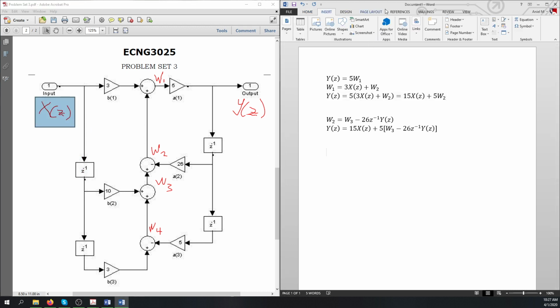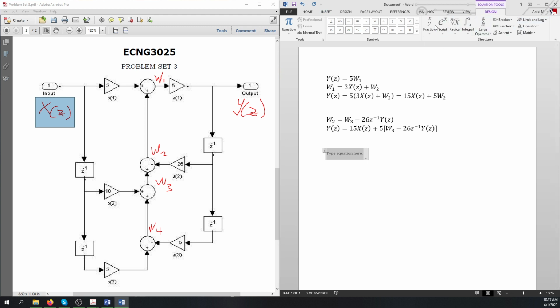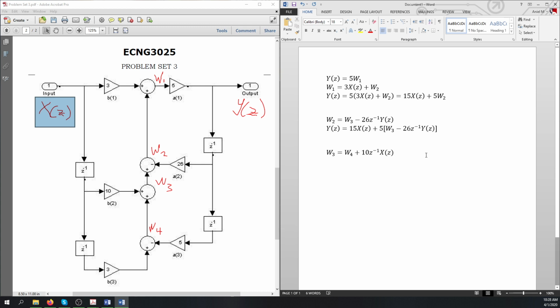So our w of 3 equation is going to be equal to w of 4 plus 10 z to the negative 1 of x of z. And then we substitute this into the y of z equation. It will be 15x of z plus